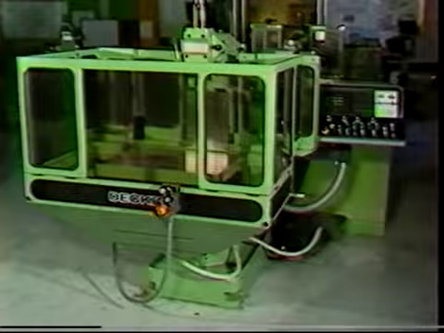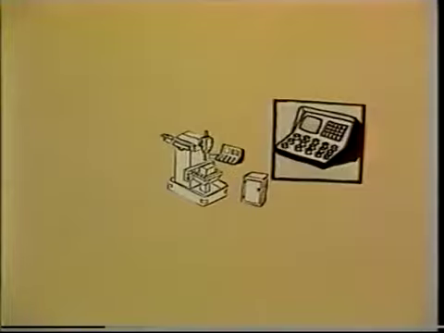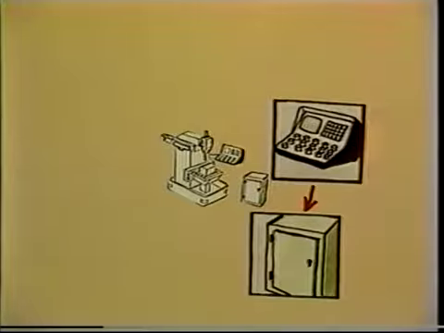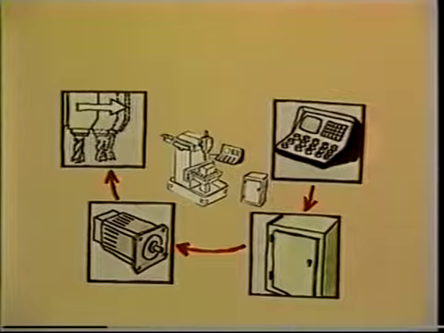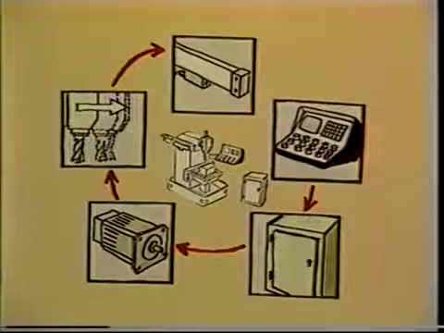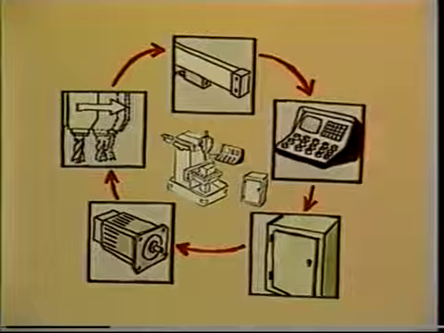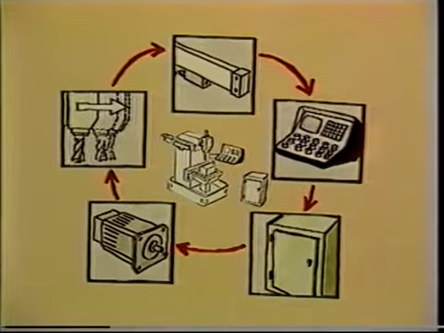The NC machine does exactly the same thing. The control system gives the drive booster a command to move. The booster sets the feed motor in rotation. The machine slide begins to move. The linear measuring system signals the control system, for example, 1 millimeter moved. The control system checks to see if that's enough. If it is, it gives the signal motor stop. If not, it continues the procedure.